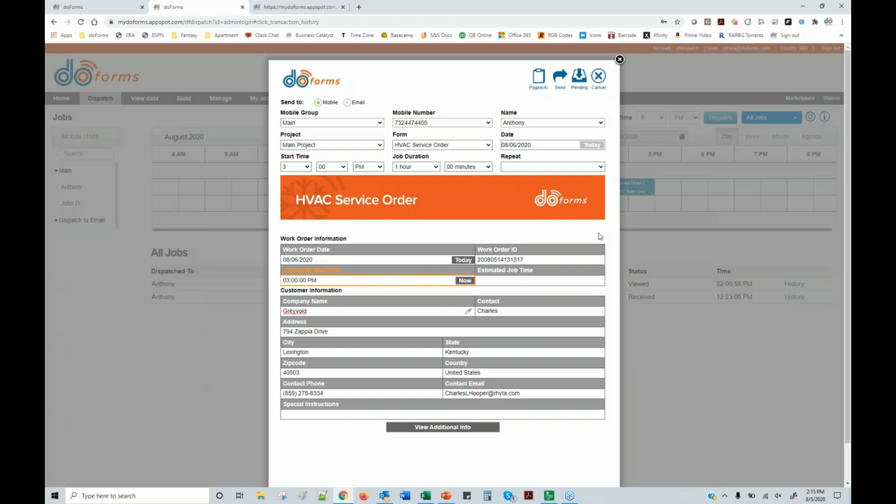So in order for a workflow to work, the form has to be able to automatically re-render itself optimally on whatever device it's being sent to. And it has to have rules and permissions so that people can't do things they're not supposed to do. And doForms supports all of that in your workflow. Dispatching is actually just a trigger of this particular workflow. So now if Anthony turns around and says send on here, basically what will happen is